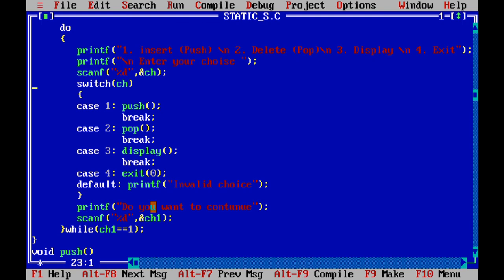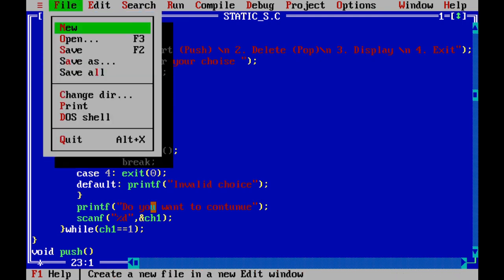So this is about the static implementation of stack. I hope you understand this static implementation of stack, and try to write the search function of the stack. In that case, take one value from the user and search whether that value is present in the stack or not. So for searching, start from the top value. First compare the element with the top value. After that go to the previous one. Like that you can write the search function.